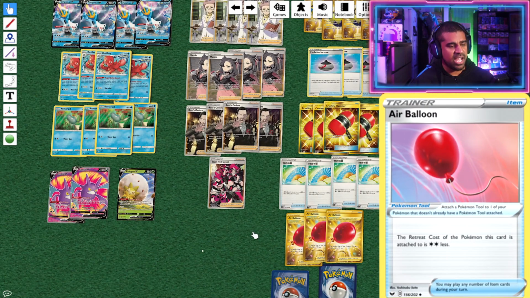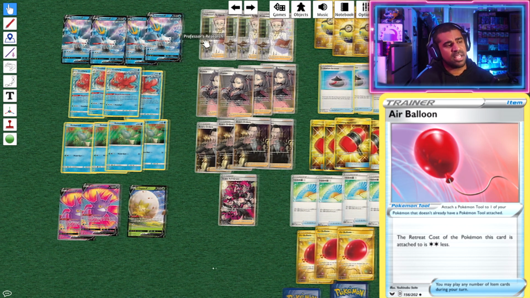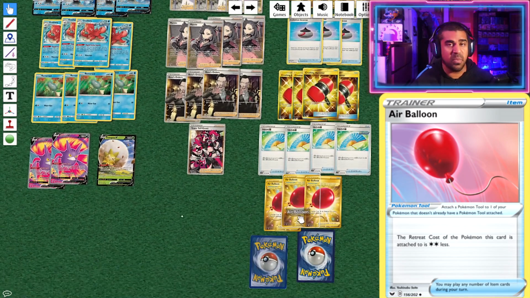Free Air Balloon. Now, I was tossing and turning between the Air Balloons, Cape of Toughness, or a Split, right? But the idea is Cape of Toughness turns our Empoleon into like a 260 HP 2-Prizer, which is actually diabolical to think about. But equally, I think that's a little bit counter-synergistic, right? If we're disrupting our opponents so much, they hopefully shouldn't be attacking us, let alone KOing us. So that's why I sort of leaned away from the Cape of Toughness and went back to an Air Balloon